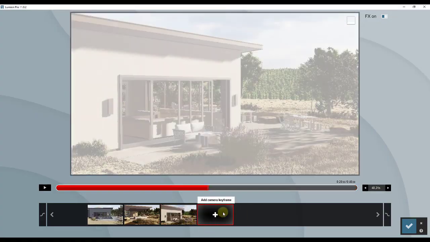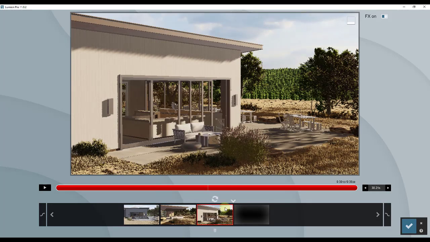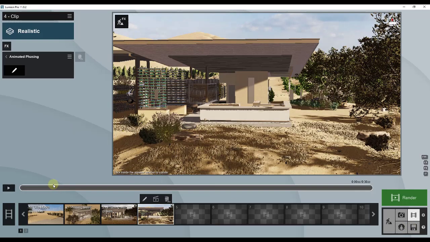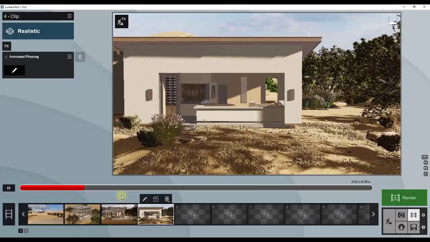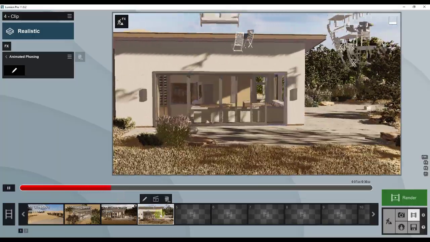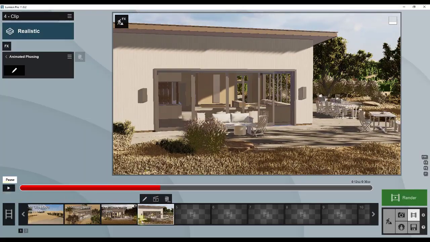So then we'll add a third right here. So that has set our camera movement, right? And I'm going to adjust my overall camera length so that it's about 30 seconds long. We're going to click on the checkbox right here. So now our clip is going to be 30 seconds long. And so we've set our camera movement by setting those different views inside of our clip.